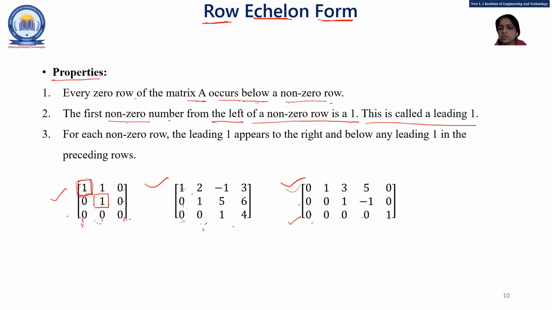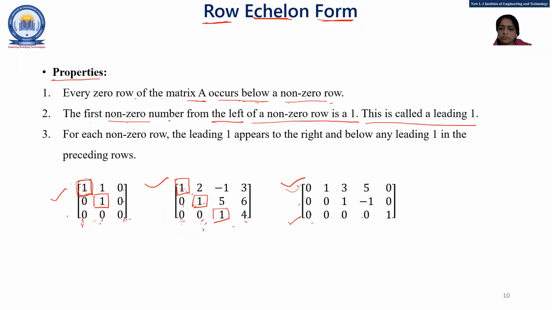And here all are 0. The same thing is in this case. For the first row, this is our leading element. It is 1, and the elements below the leading element must be 0. For the second row, this is our leading element. It is 1, and the elements below must be 0. Every row has only one leading element, right? And in the third row, this is the leading element. Now the matrix is complete, so no need to check further.